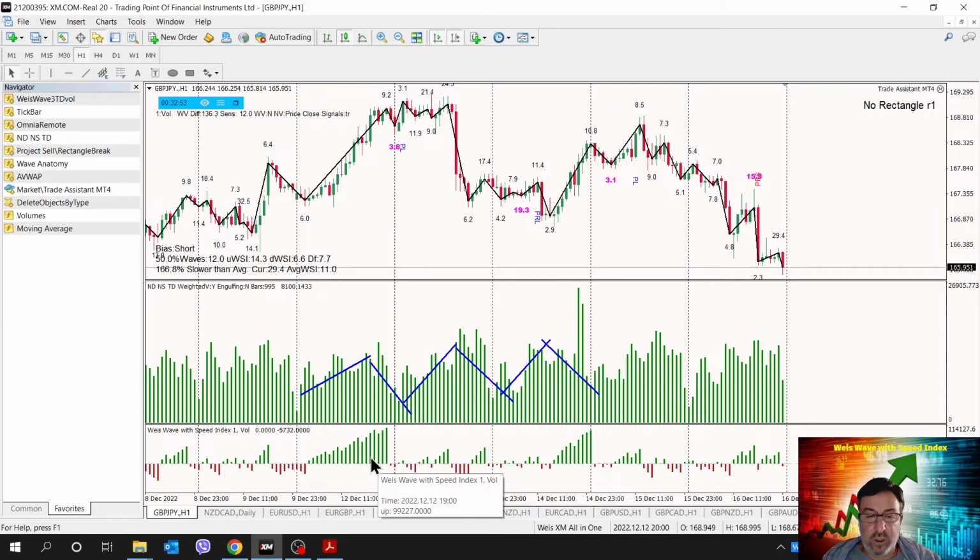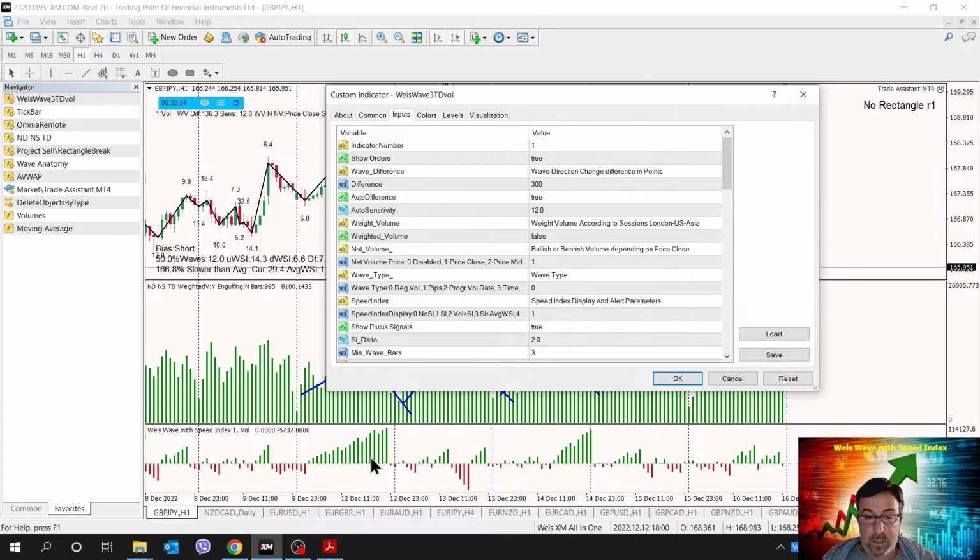That's a feature. This is one setting, and the second setting is if we want to use the median instead of the close, which means what? If price closes above the median, then it will be considered a plus, but if price closes below the median, then it will be considered a minus, a subtraction.